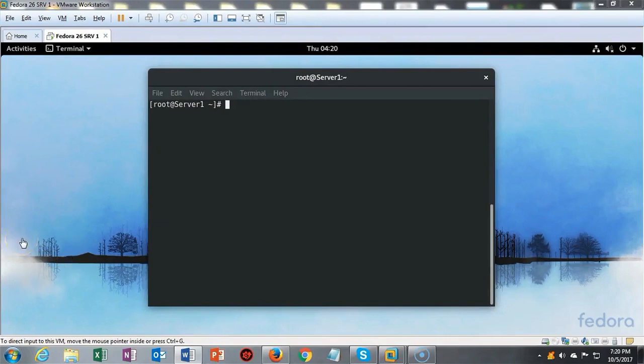In this short video presentation, we're going to learn how to go about monitoring Linux processes, memory, and networking. Most of these tools work with just about any flavor of Linux, whether it's a server or a workstation. For this demonstration, I've logged on to my Fedora server as root, and we're ready to get